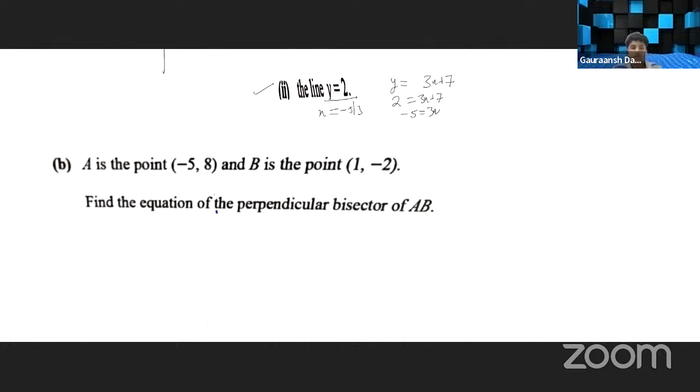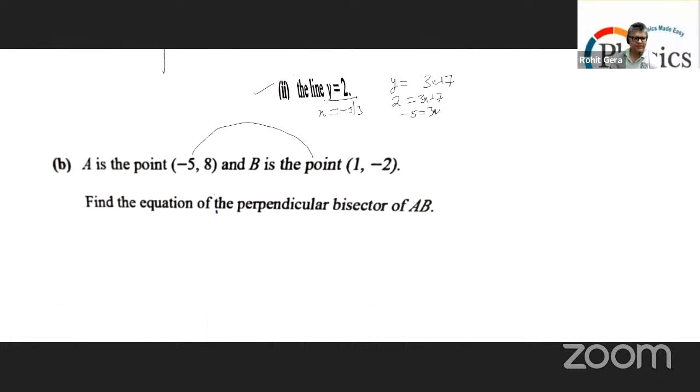So first you'll find the midpoint. You know how to find the midpoint, yeah: x1 plus x2 by 2, y1 plus y2 by 2. So step number one,